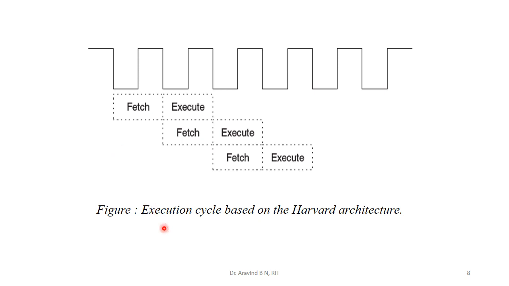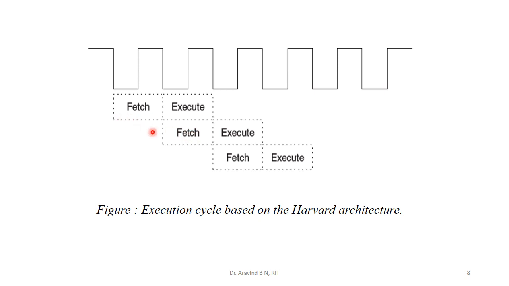Now let us get into the execution cycle of Harvard architecture. Here what we can observe is, when the first instruction is being executed, the second instruction is being fetched. This is what we call the parallel operation. That means the bus cannot be in the idle state. When execution is happening, the bus will be free, so by making use of that program bus, it is going to fetch the next instruction to be executed in a parallel manner. This reduces the total number of cycles required for execution.